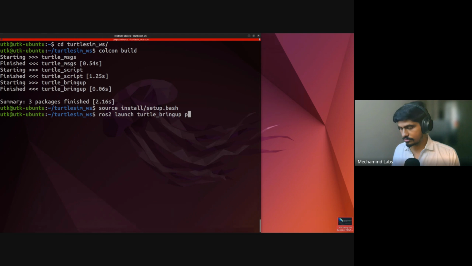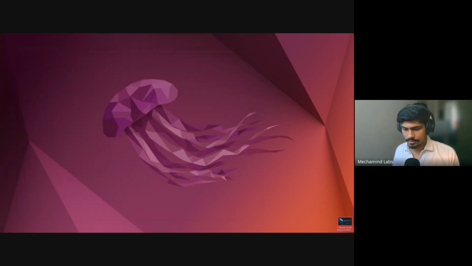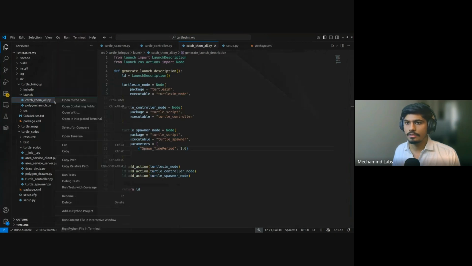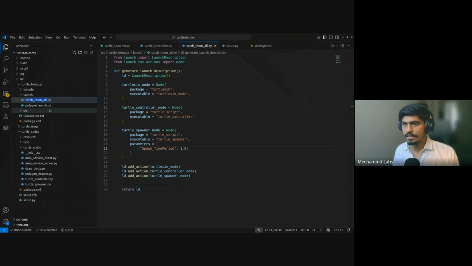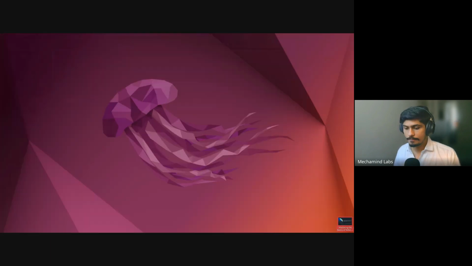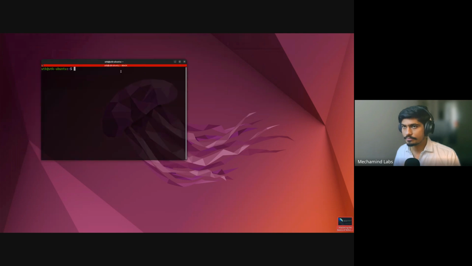If I do polygon, it's working. Let me see once again. Okay, so why it was not happening was that I did not name it as launch.py. Rather, I named it only as a Python file. It's not a Python file, it's a launch file, so you have to name it correctly. So catch them all .launch.py. Now it should work. Now if I build it once again,